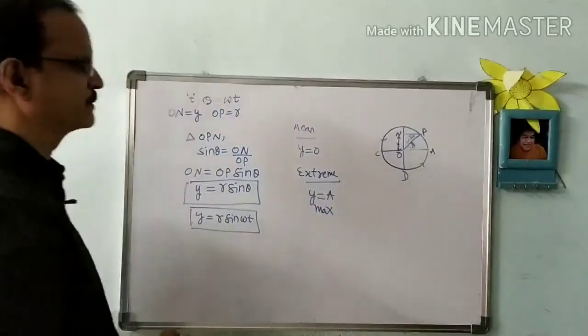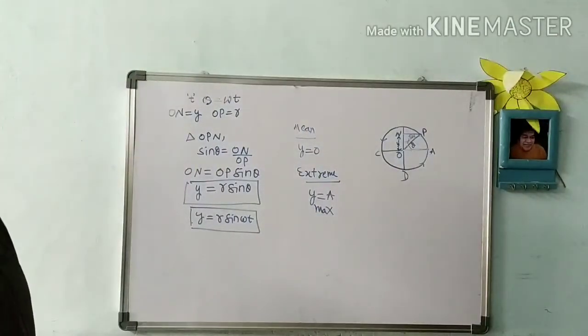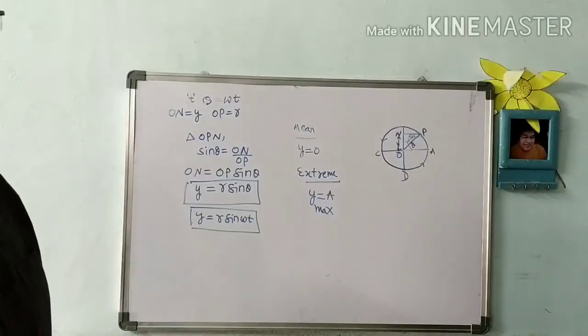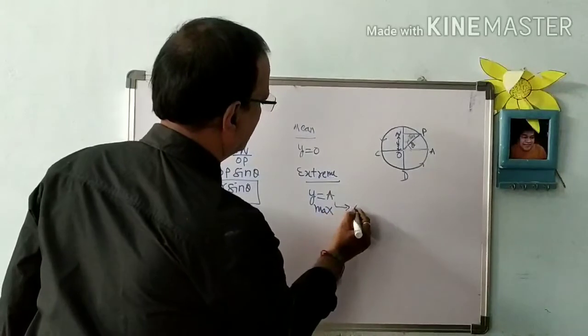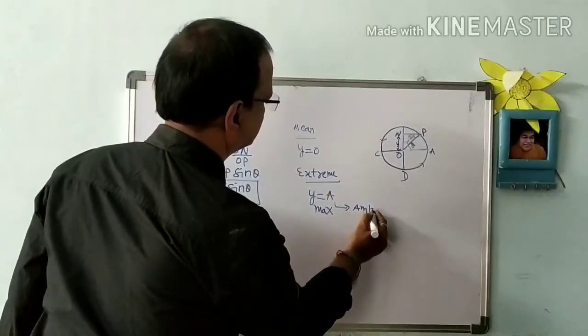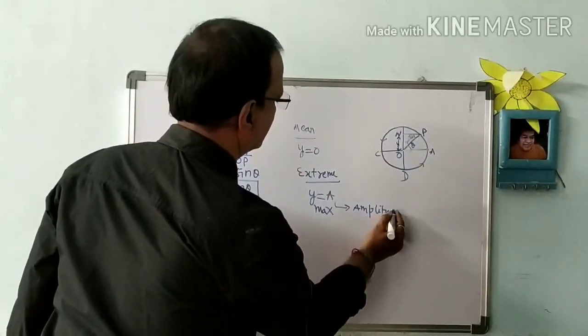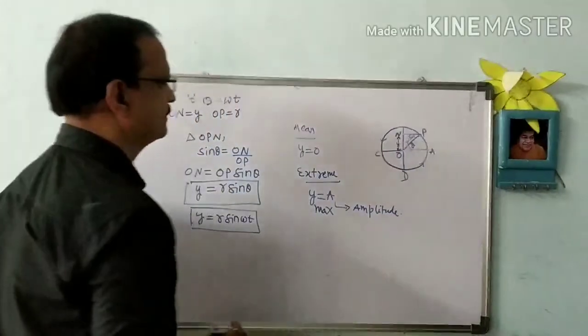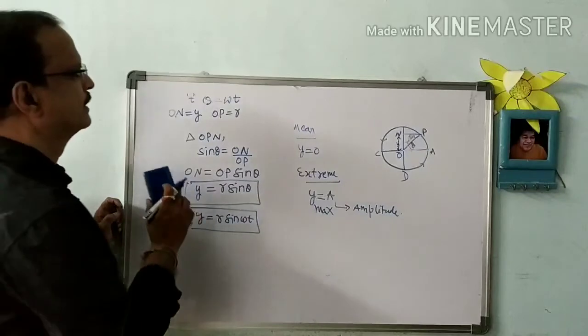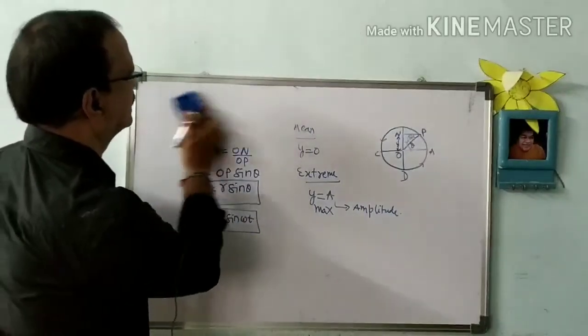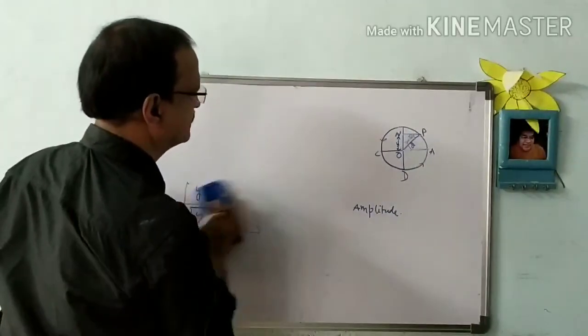So the maximum displacement of the particle is what we call the amplitude of the particle. So A is nothing but the amplitude. Amplitude is the maximum displacement from the mean position. Okay. So now, when we know about the displacement of a particle in simple harmonic motion,